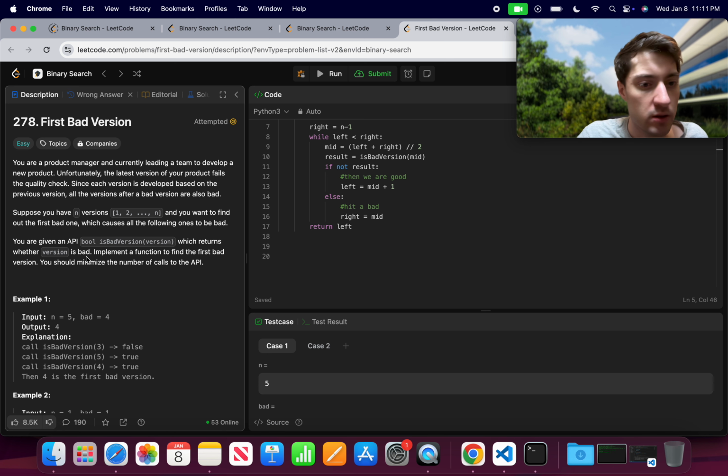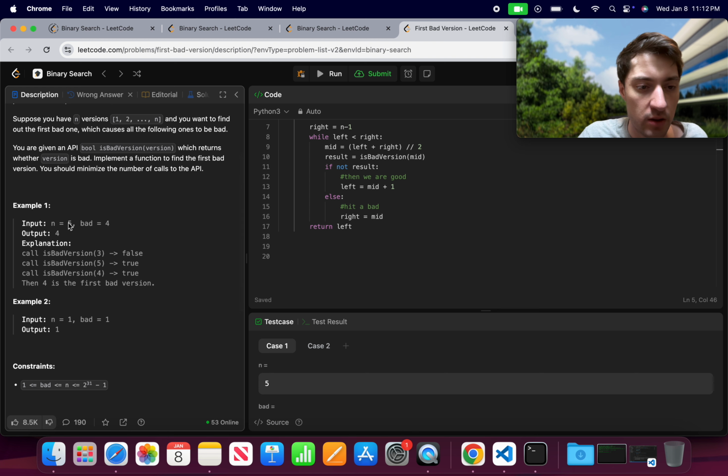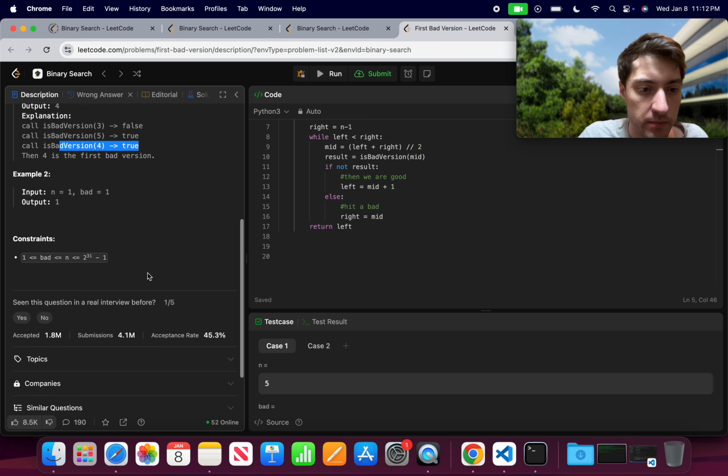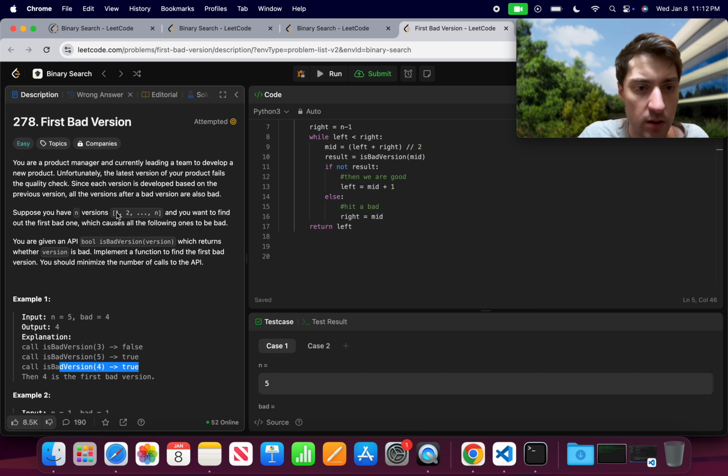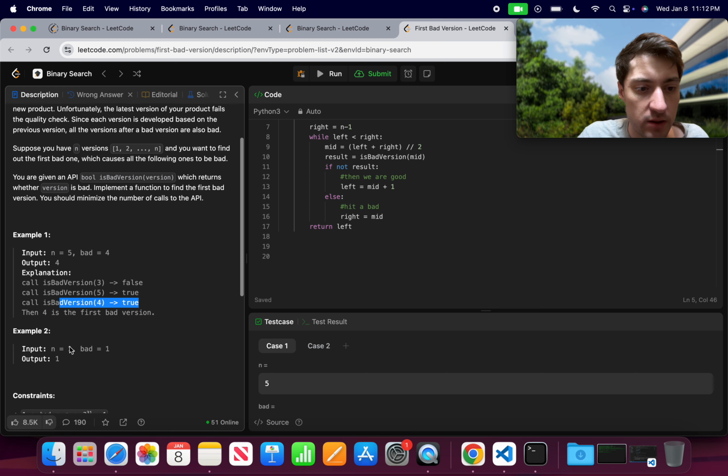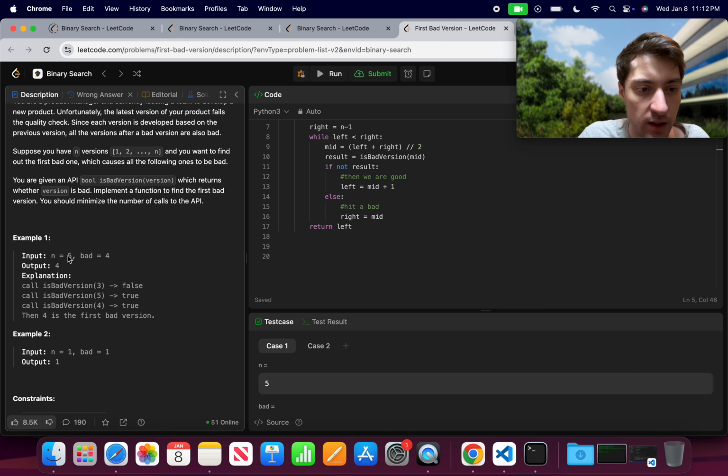Okay. So implement a function to find the first bad version. You should minimize the number of API calls. Okay, so bad is equal to 4. So I think what is going on is n equals 5, so there's 5 elements, right? And then